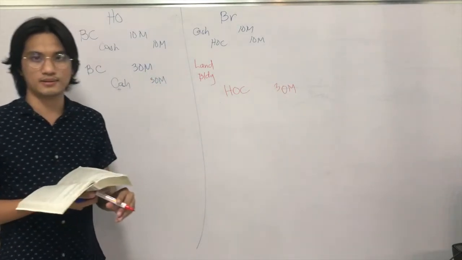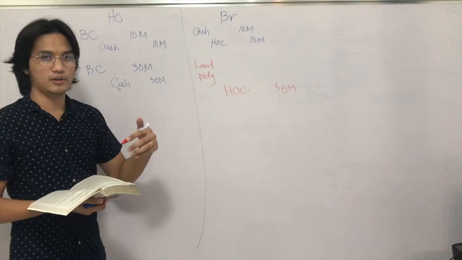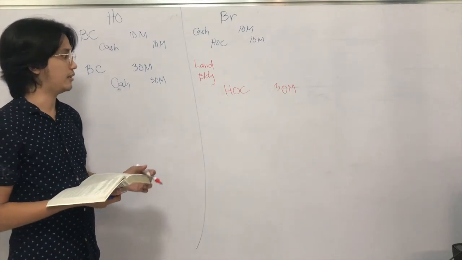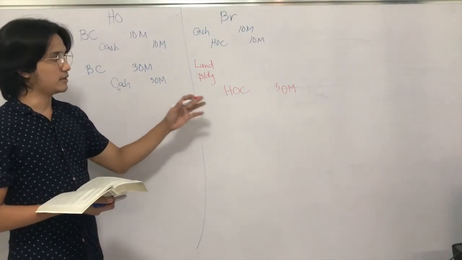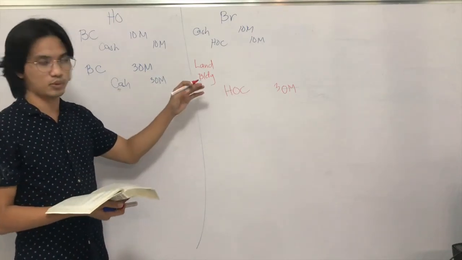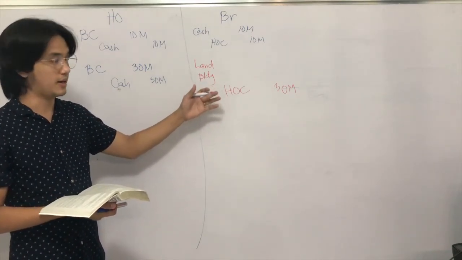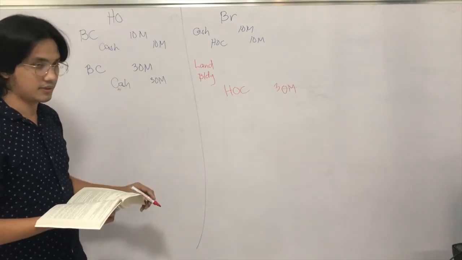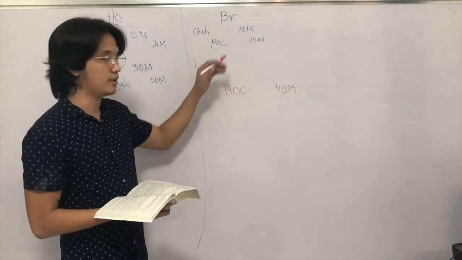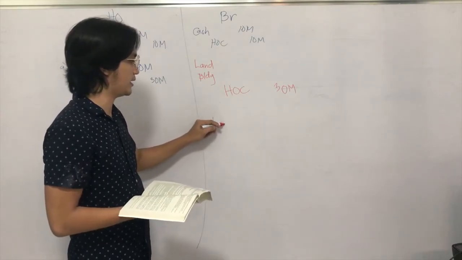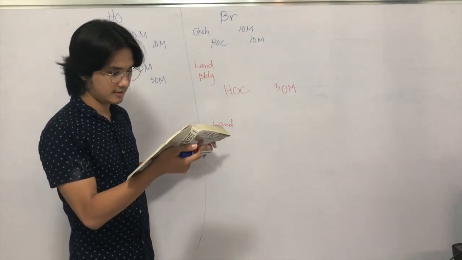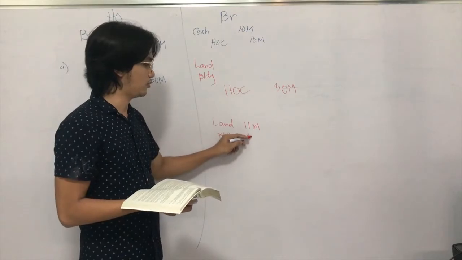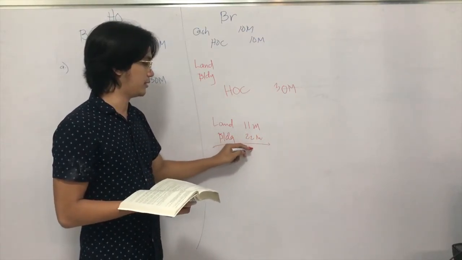Now, according to PAS 16, property, plant, and equipment, normally the land, the building, or the PPE is recorded using the cash equivalent, its cash price equivalent. Now, in this case, you have the fair value. This is what we call the lump sum or the basket purchase price. So we're going to allocate 30 million to land and building. Now, based on PAS 16, we're going to base the allocation on their fair value. So in this case, the fair value of the land is 11 million. Fair value of the building is 22 million. All in all, you get 33 million.